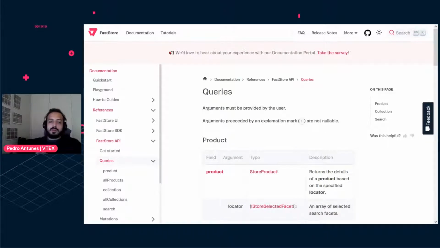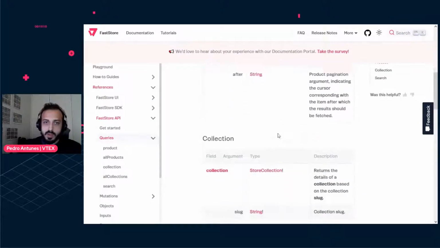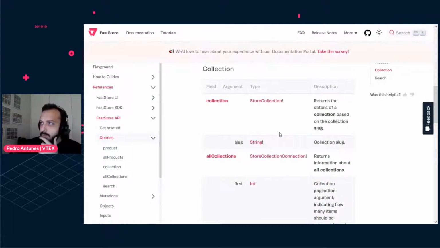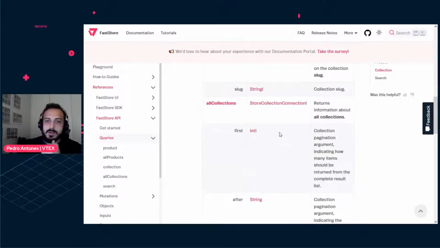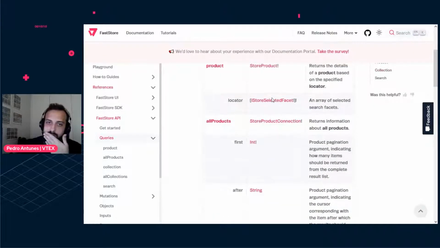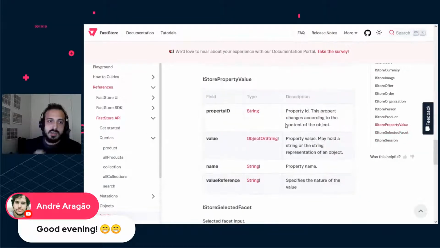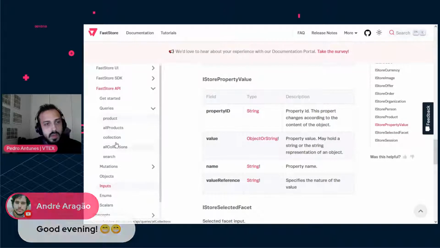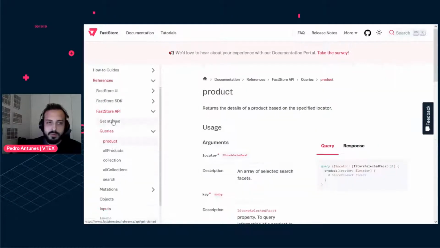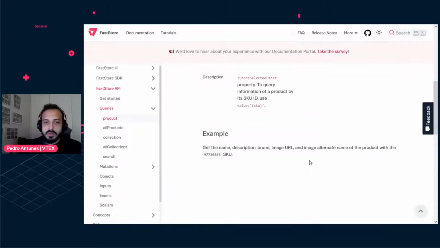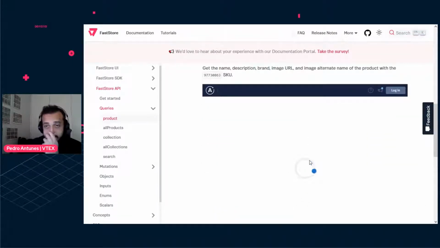Well, now we have something more structured on the FastStore docs portal. You can see we have the complete tables with all the types, and you can click through the types and see the definitions. But we also have a page for each query with more details, use cases and examples, right? And there's even a